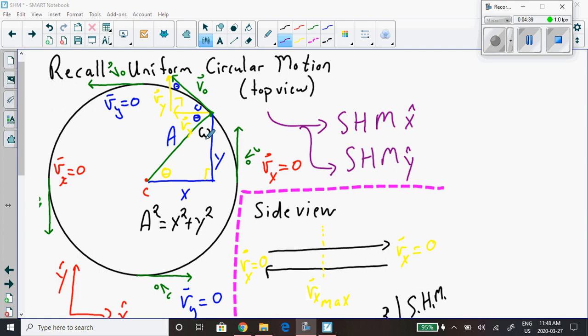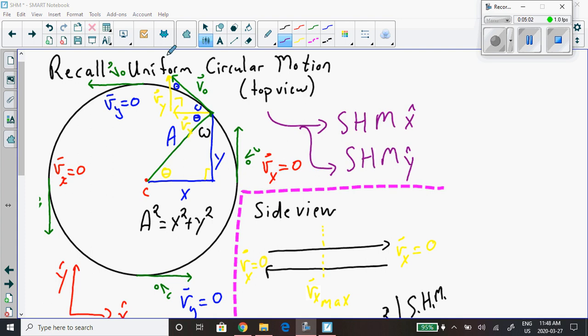So we've been talking about the position of this object as it moves around in uniform circular motion. It's at a radius A always, and when it's at that position, I can assign an X component to it, and I can assign a Y component to it, just like in the animation we just finished watching. So as it's moving around,